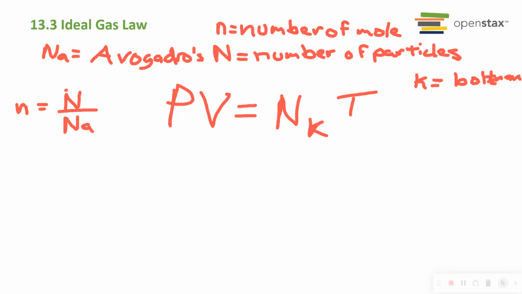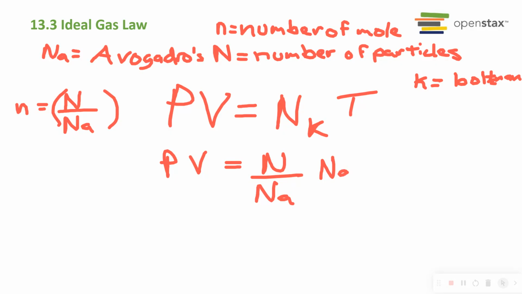So then we can in a fancy way plug this back in. The way that would look is if we say PV, and P is for pressure, V is for volume, T is for temperature. And so we'd get capital N over NA, and then NA times K. That's the same thing, right? Because the NA and the NA cancel. If I multiply by NA here and I divide by NA, they kind of cancel. And so when you do that,